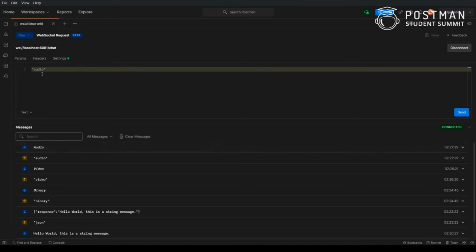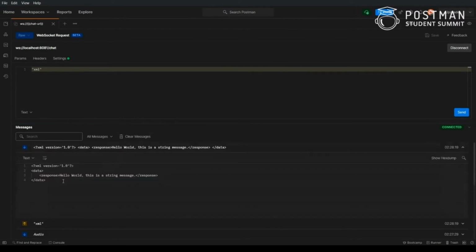So now let's say I want to receive some XML data. I'll just type XML here, and my server will send me XML data. So here, as you can see, it parses XML for me and already formats it, but I don't know, there might be some mistake in my server, so it might be sending the wrong data type.